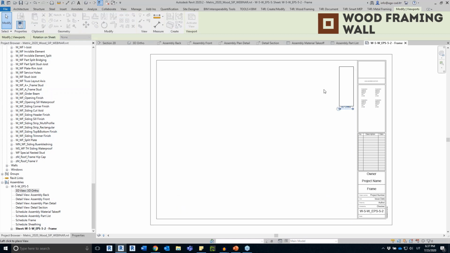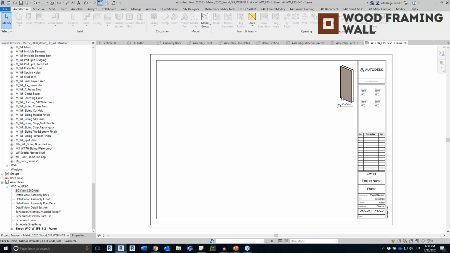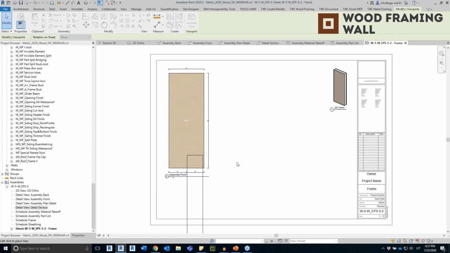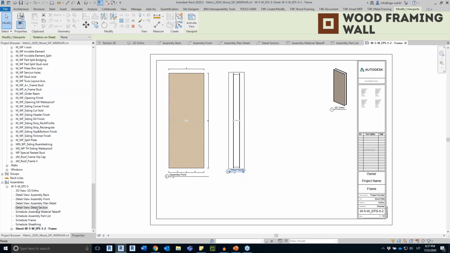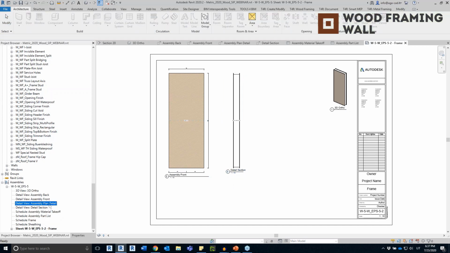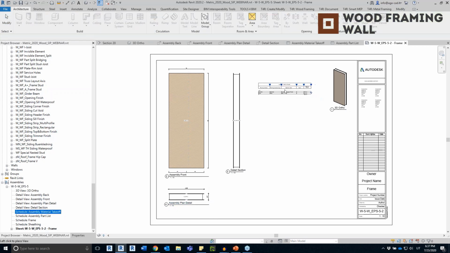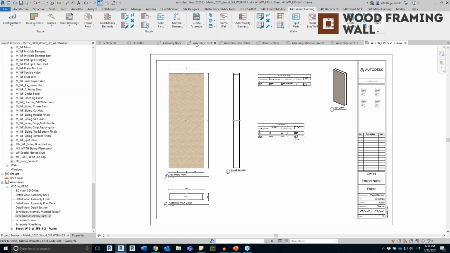So let's say that right here I will add a 3D view. Then I will also add an assembly front view, also the detail section view right here, and then I will add the plan detail right here, and also the material takeoff and the part list will be added here, let's say. And now I can go back